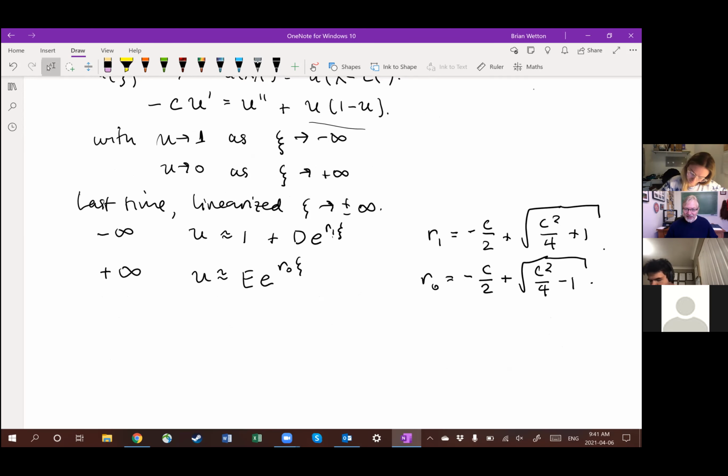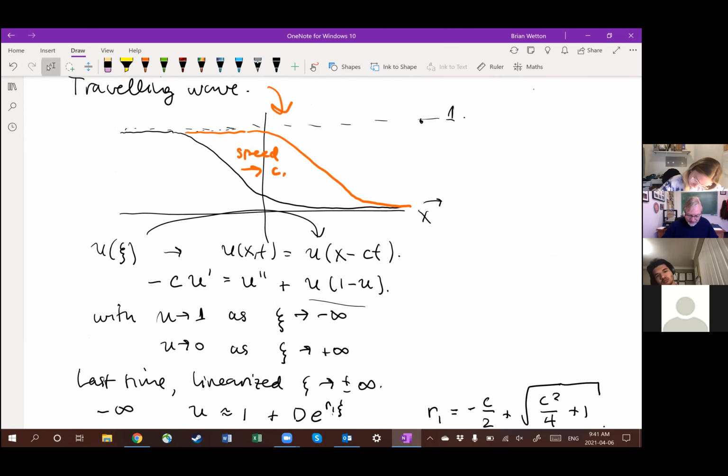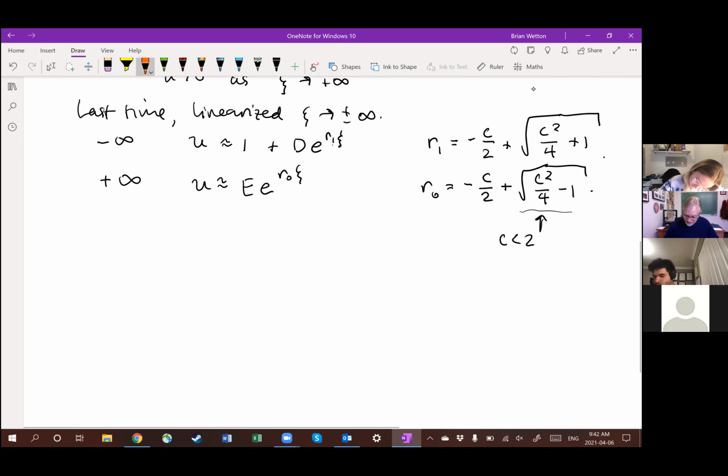And from the beginning, I had said you only find relevant solutions when c is bigger than 2, right? And so here's where you see it. If c is less than 2, then this has gone imaginary, which means that as I'm looking at the solution out here, as it's going to 0, it's got to oscillate. And as soon as you have a solution that's oscillating, then it will have negative values and it will be unphysical. So c less than 2, this would be oscillations